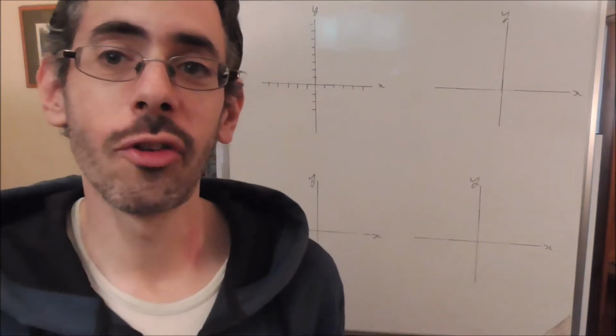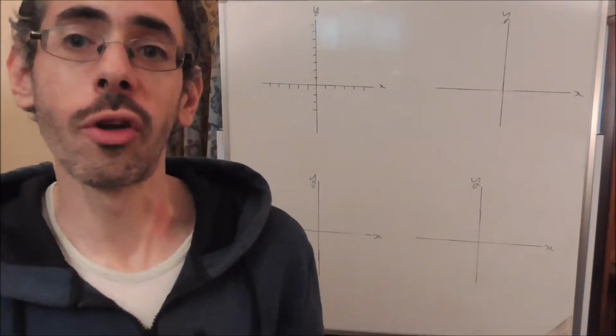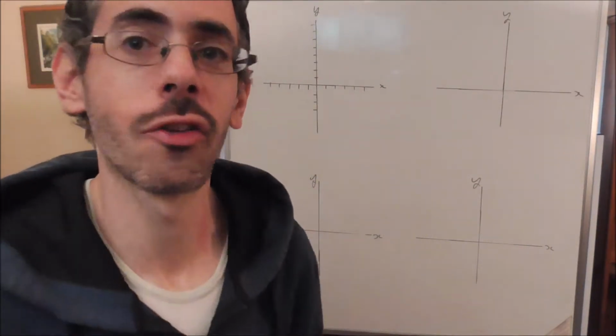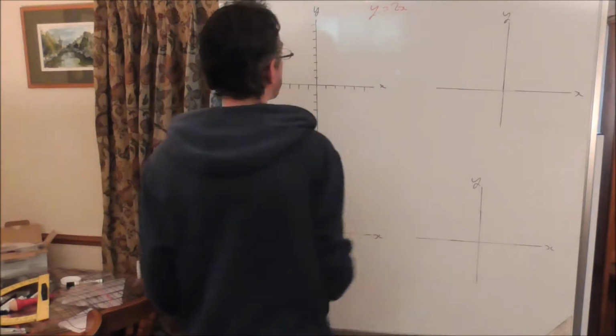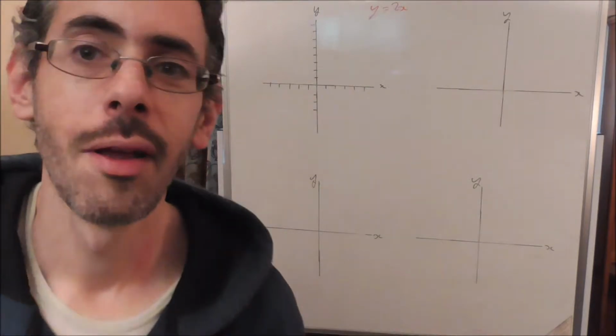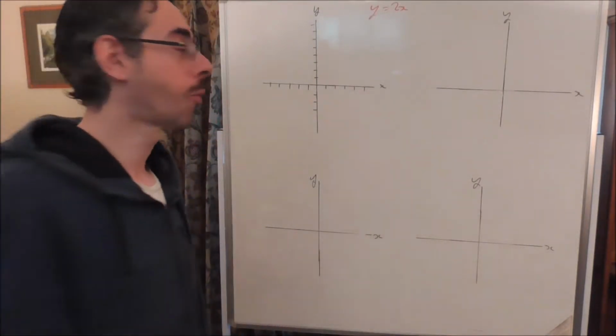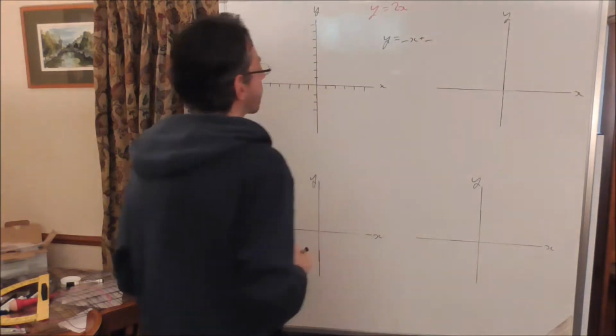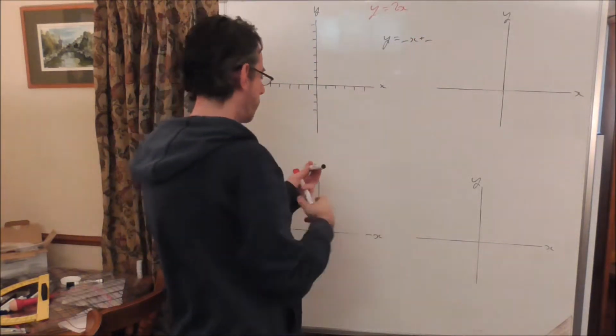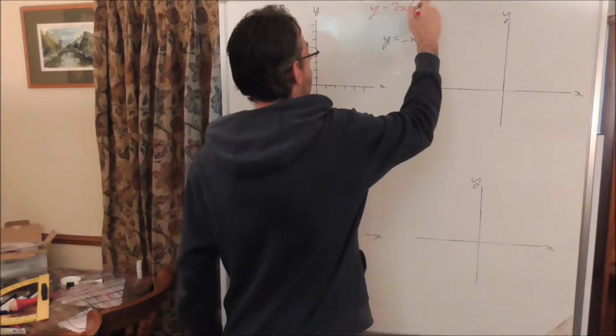So we've just looked at horizontal and vertical lines and the regions associated with those lines. Let's move on to sloping lines now. So let's start with y equals 2x. So what does that line look like? Well, if you have to graph an equation of the form y equals something x plus something, and this is kind of that form, because you could think of it as y equals 2x plus 0, if you like,